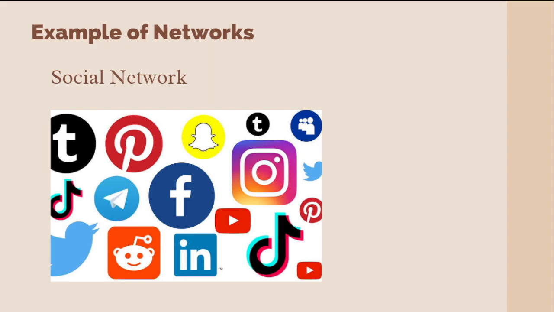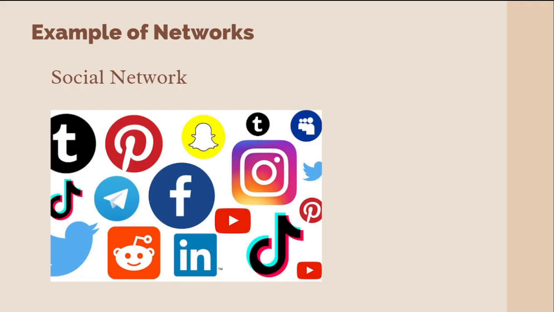Last example is social network. Social networks link people according to various social relationships like acquaintance, friendship, collaboration, and sexual relation. They are of paramount importance to understand and anticipate the spread of ideas, innovations, fads as well as biological and computer viruses.